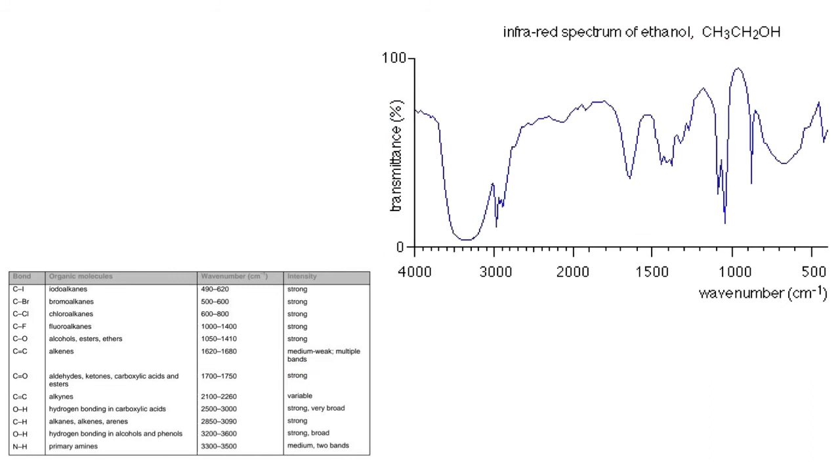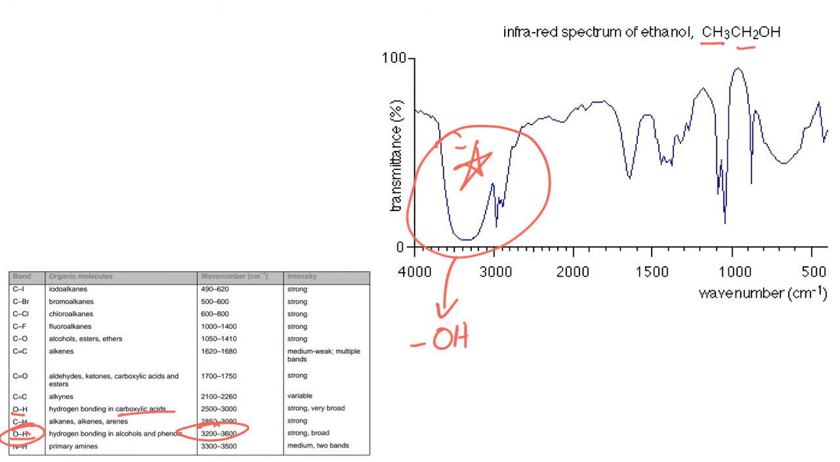So this one is for ethanol. So we've got a CH3, CH2, OH. And what you should notice right away is this really big broad band here, which corresponds to our OH vibrations. And it's more in this range of 3200 to 3600. Okay, so that is likely from an OH that is part of an alcohol and not part of a carboxylic